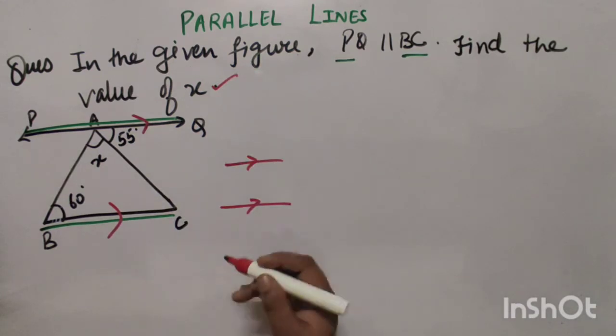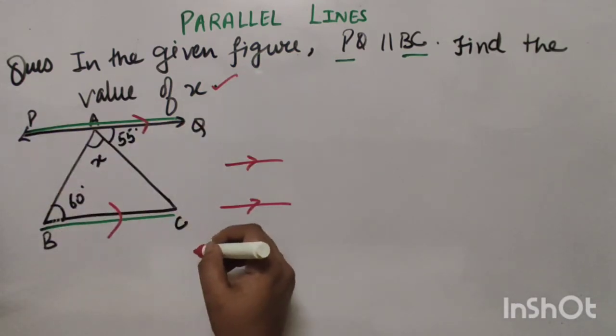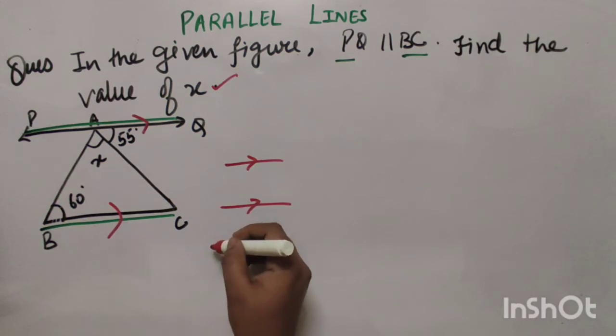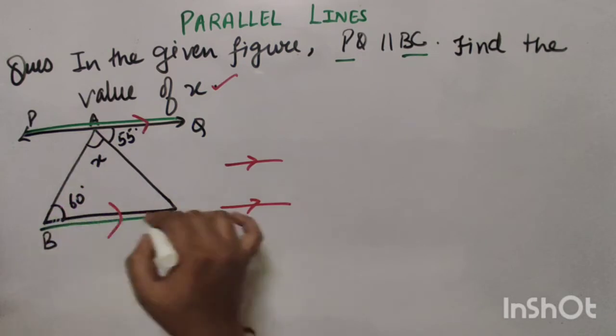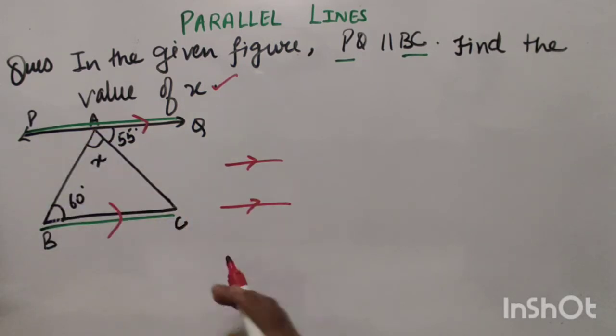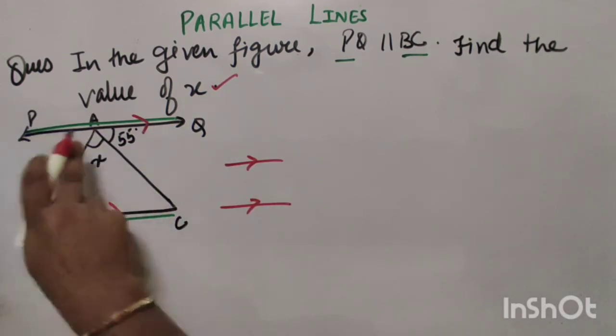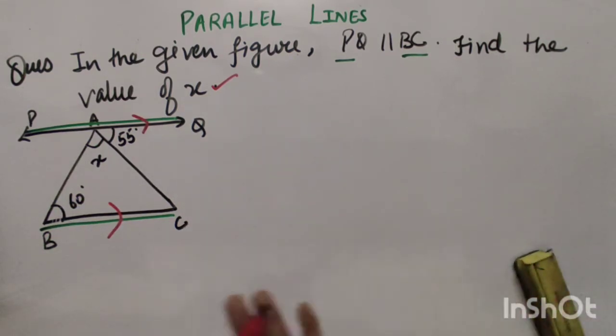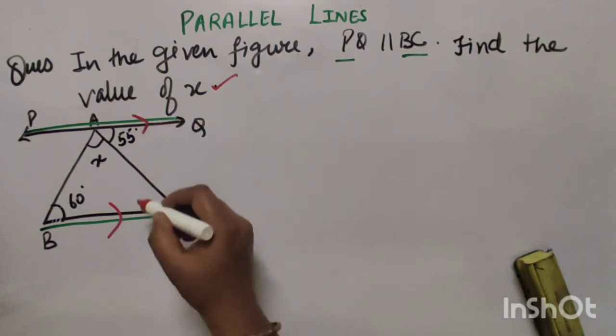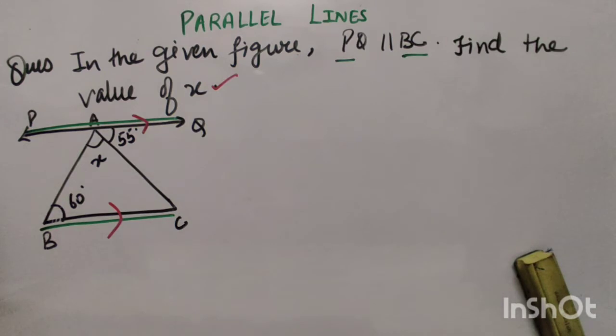As we have already discussed the parallel line concept, we can apply it to find the value of X in this triangle. If you look carefully at this figure, you have to find first which line or which segment or which ray is acting as a transversal for these parallel lines, right?